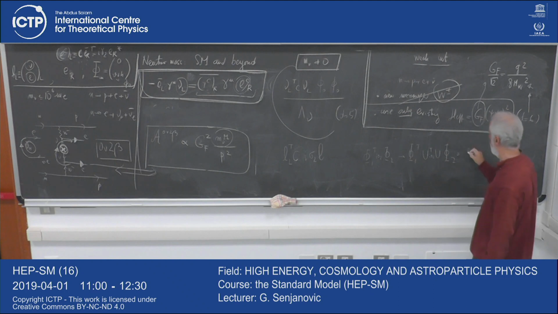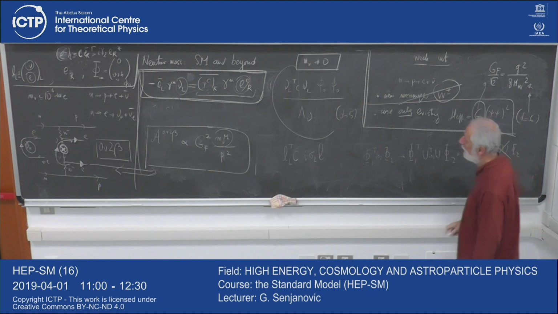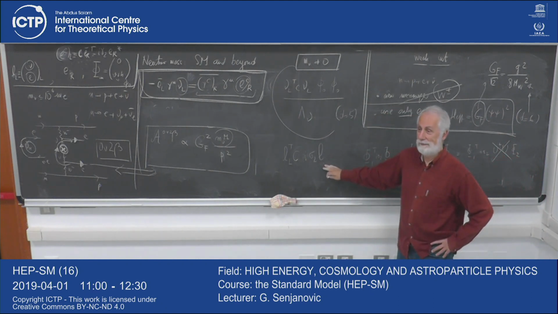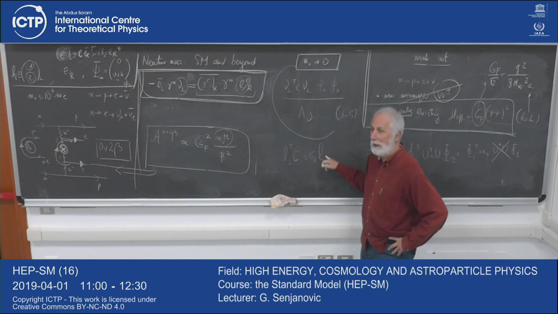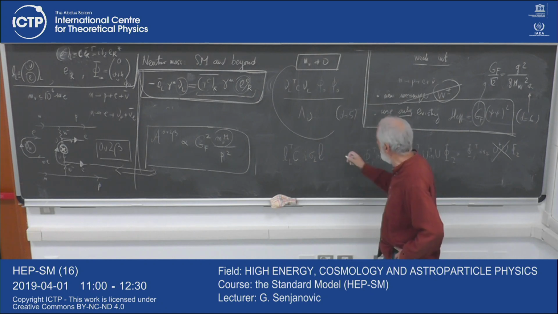then it's okay, because this is phi 1 transpose, I sigma 2, and this guy when he commutes becomes U dagger, U phi 2. And this is 1. Now notice, it can't be like that, because this would be a singlet, so it would look like neutrino electron. I sigma 2 picks up an electron. But this would be the most natural thing in the world, and you can see it cannot be like that,